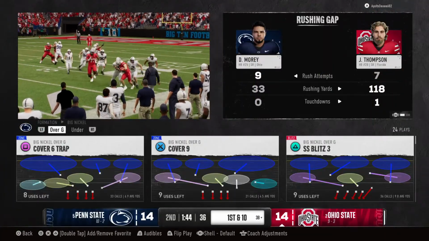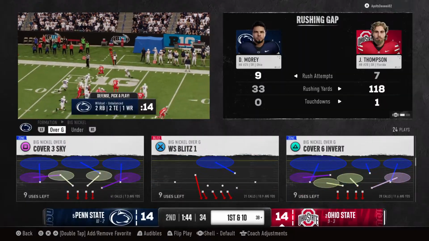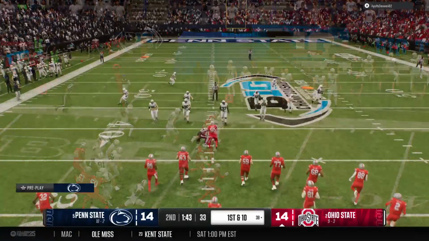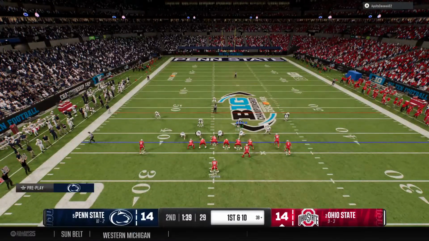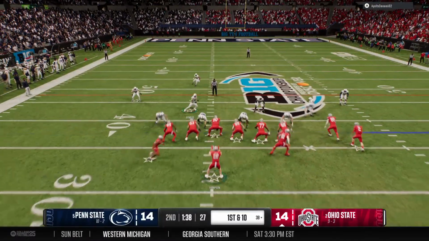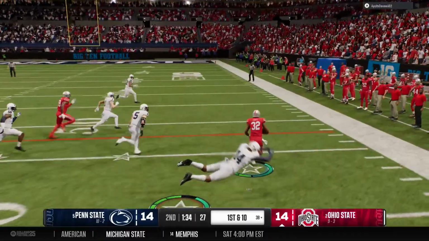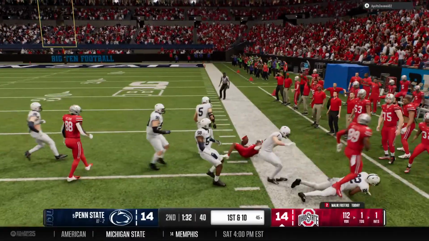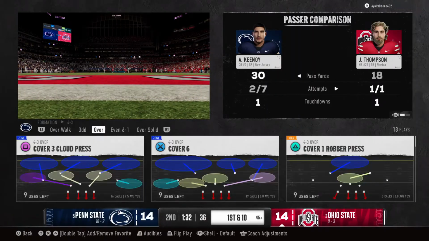Sometimes I almost get mesmerized watching these runners who have great vision. You know, the eyes that carry their feet to the open space, making people miss. I just love watching those guys do work. And the back now goes in motion. They flip it to him on the jet sweep. That's a big gain before he goes out of bounds. It'll move the sticks. More than enough for a first down.